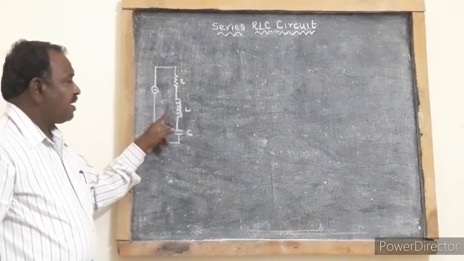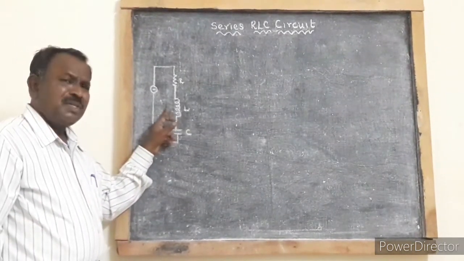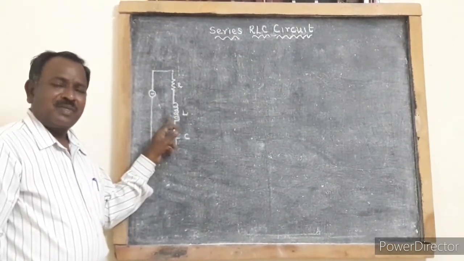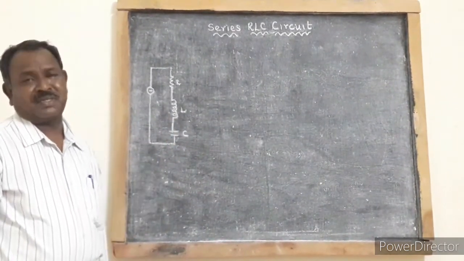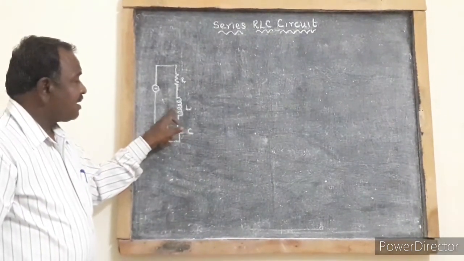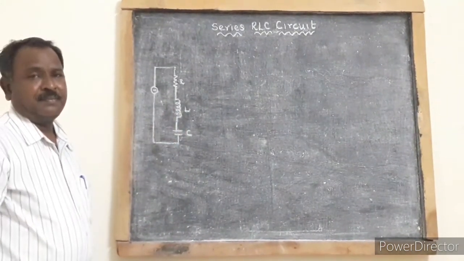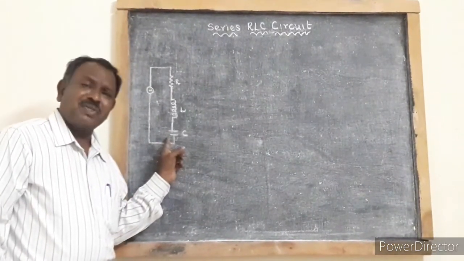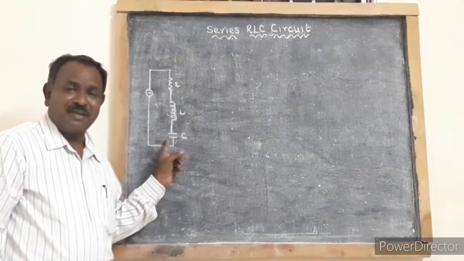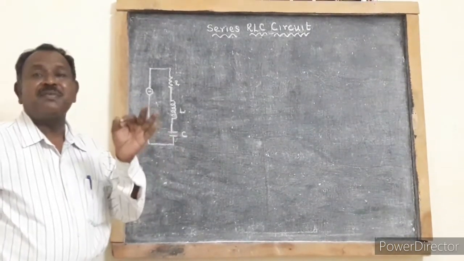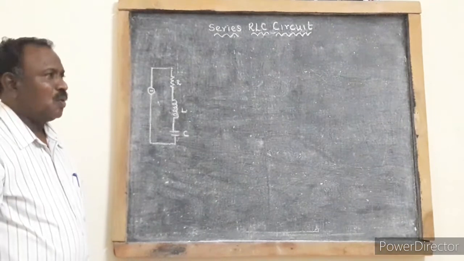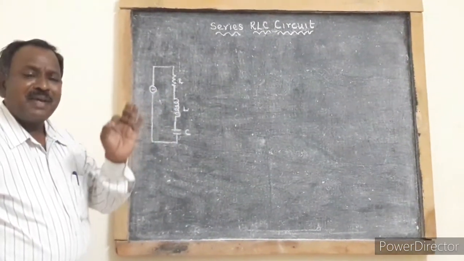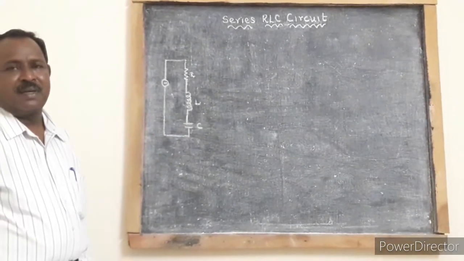In a similar way, the opposition offered by the inductor for the flow of current is called as inductive reactance. Inductive reactance is XL ohm. And similarly, the opposition offered by the capacitor for the flow of current through it is capacitive reactance. So, all the three are similar to a resistor. And we know that